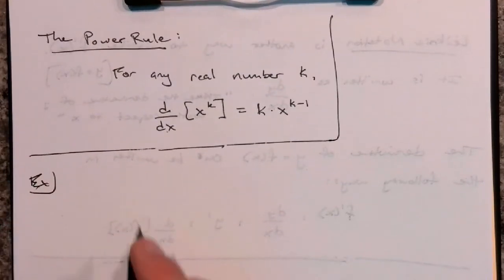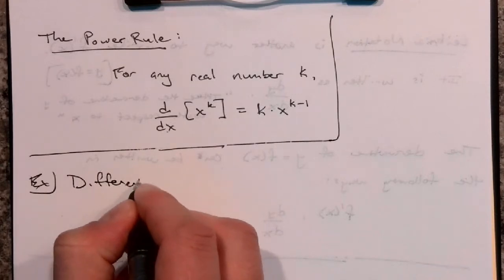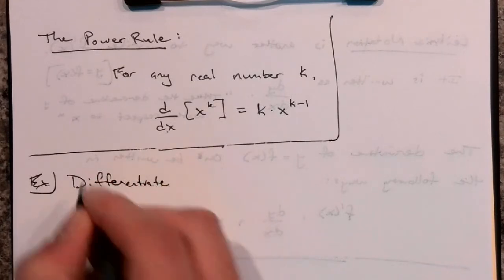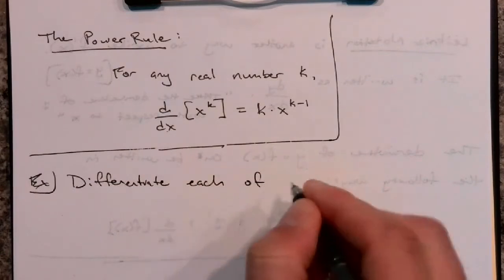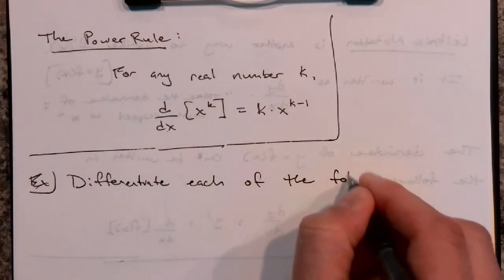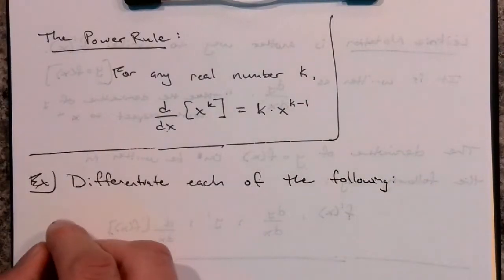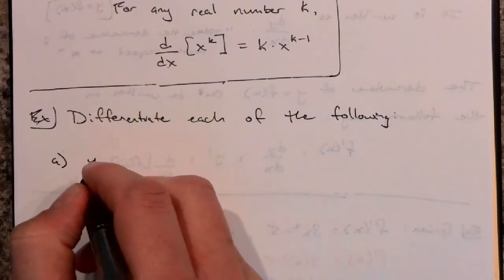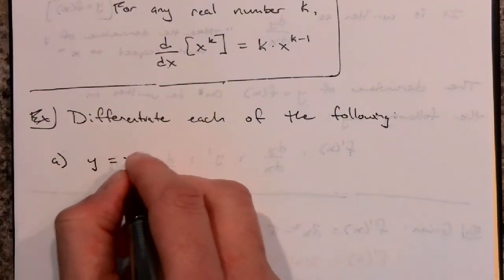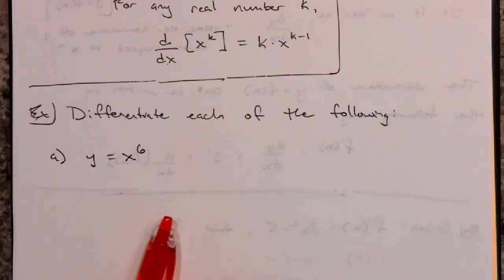So if I said to differentiate, remember differentiate means take the derivative. All right, so differentiate each of the following. And let's take a look at this first one. If I said I had y equals x to the 6th power. Well, if I'm taking the derivative of this, the derivative of y, make sure you understand this, will be called y